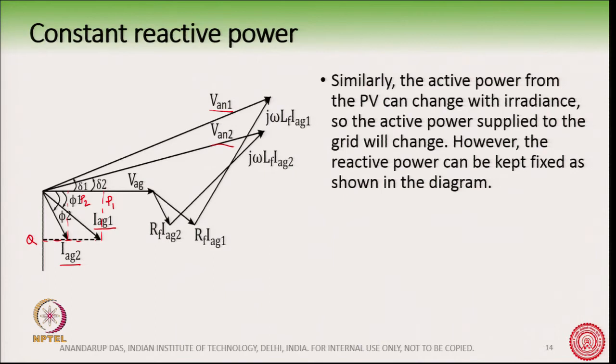Okay. So, when can we have this for the same PV converter? It can happen when the irradiance from the sun is changing. So, the power output from the PV converter is changing, and so the P will change, but we may ask the converter to produce the same Q as before. Of course, you can have both P and Q changing, and accordingly the VAN voltage will be adjusted with respect to the grid.